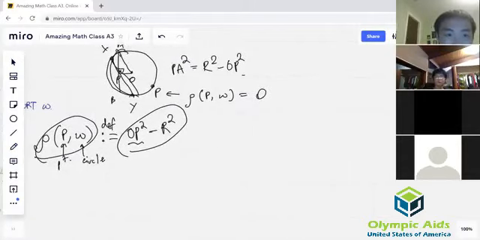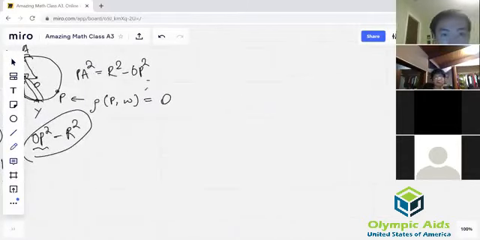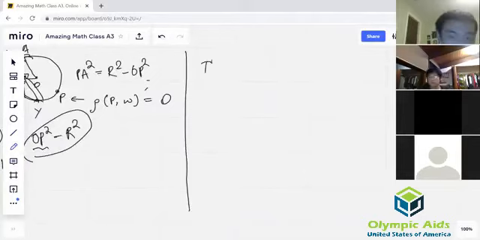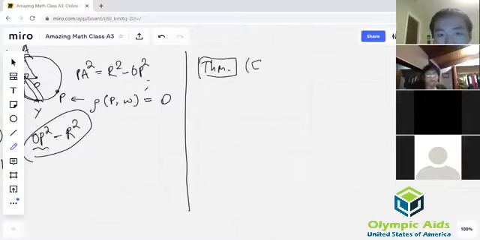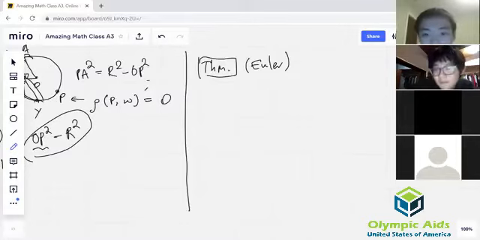And let's see if we can use this. This is a theorem, I guess, by Euler. Euler has many, many theorems. This is probably one of his simpler ones. So if you have a triangle,